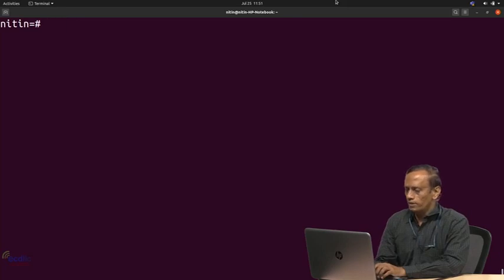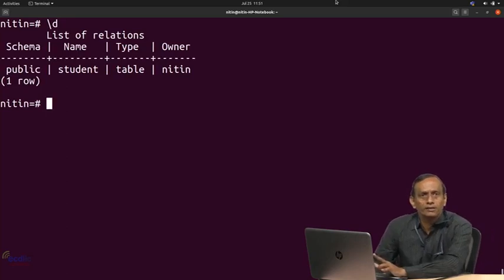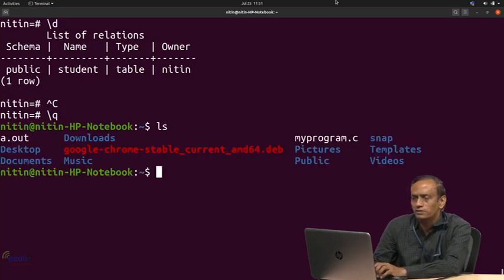If you recall, when we created a table earlier, there was a table called student. Now this table can be seen over here, but there should be a question in mind: from where is it picking this information about the table, when I fire \d? For example, if I fire ls, we know that it interacts with the file system and gives you the files or directories available in the current working directory.